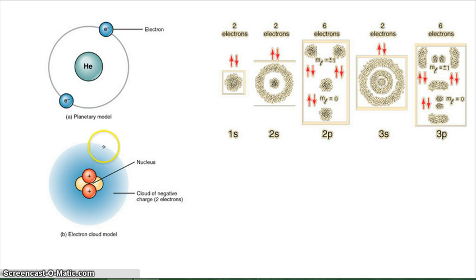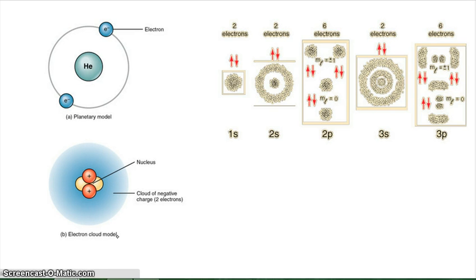But if we compare our planetary model to our electron cloud model, again, you have this area or region, this cloud, where you can actually find electrons. They're moving so quickly in that cloud that we can't see them, but they're moving all the way in three dimensions around the nucleus. Now, for our purposes, we're going to just leave it as these energy levels are clouds where we can find electrons,